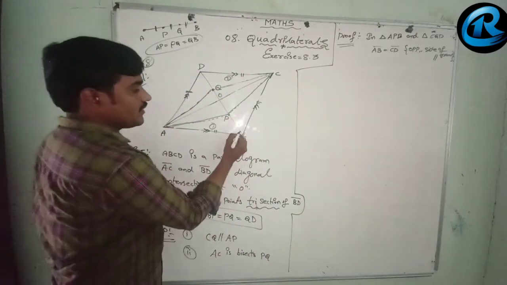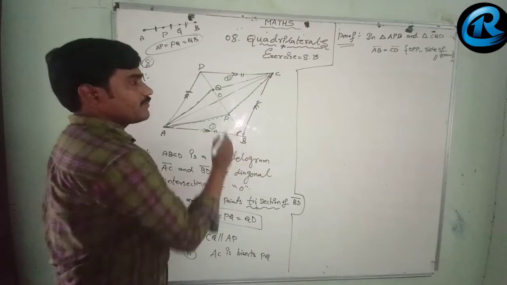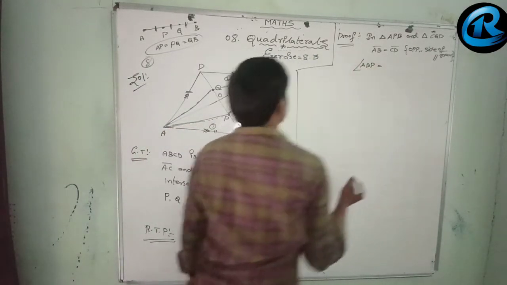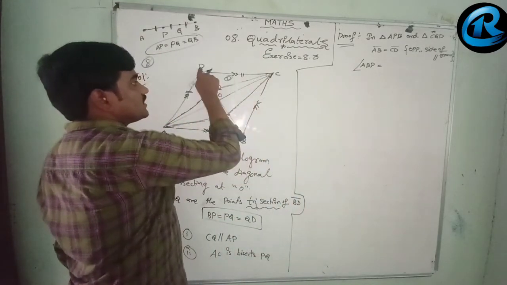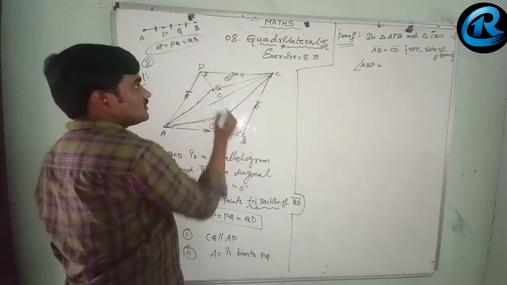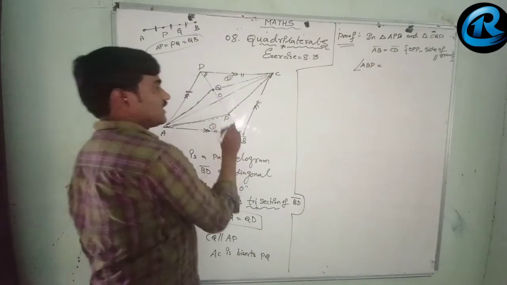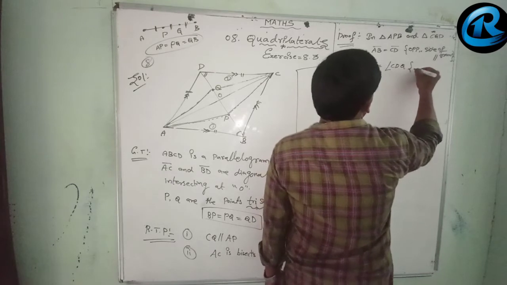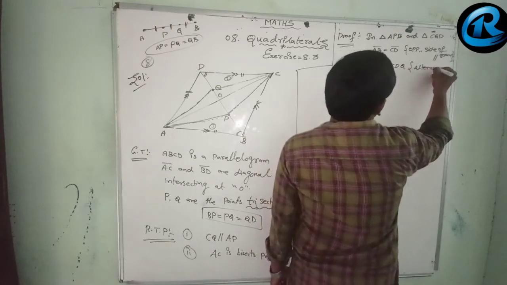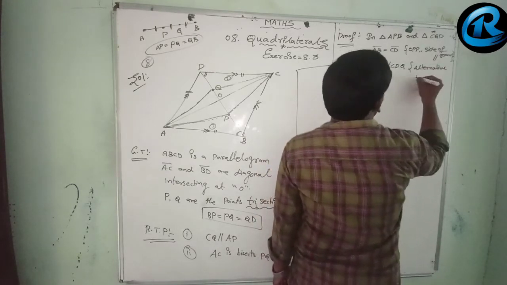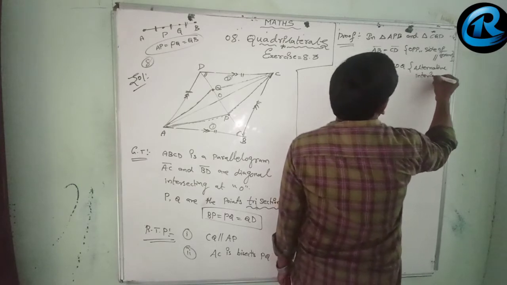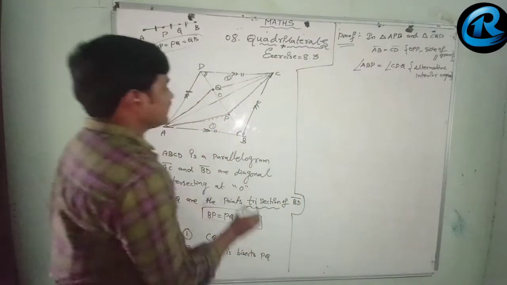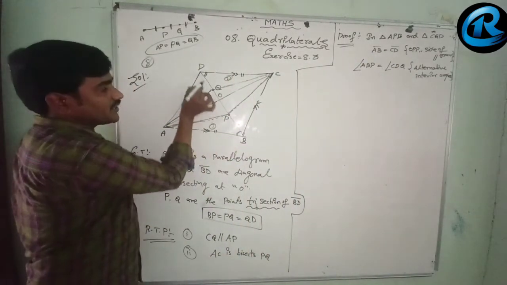And here angle ABP is equal to angle CDQ. These two angles are alternate interior angles. Then here BP equal to